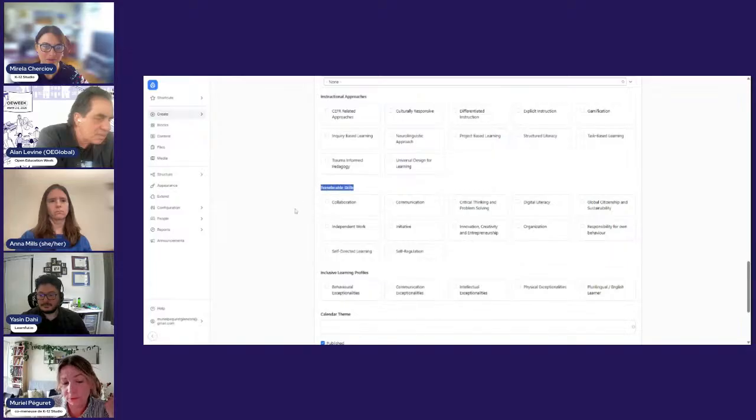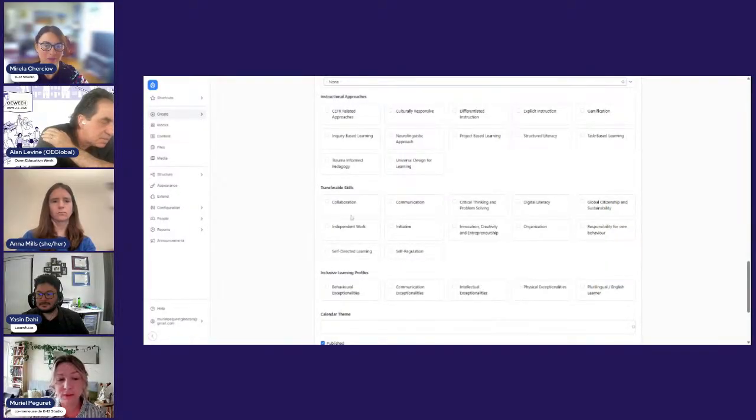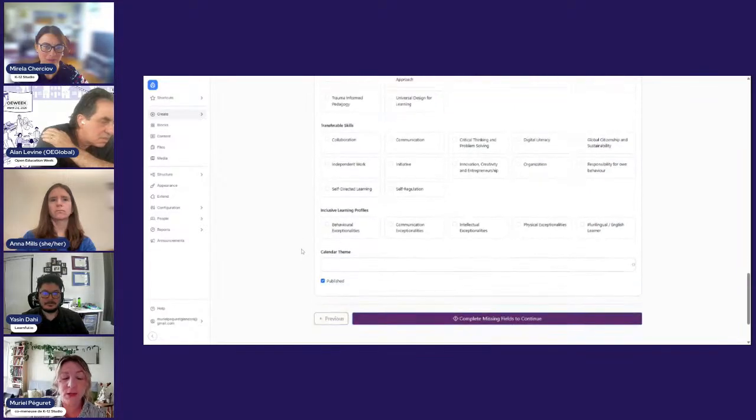Transferable skills is very relevant to our context, because teachers need to report in the report cards on these transferable skills, especially work and study habits, collaboration, initiative, etc. So it's useful to tag resources that have these elements being worked on, whether it's an activity or a lesson plan. If it includes anything that helps with developing any of these skills, it'll be tagged.